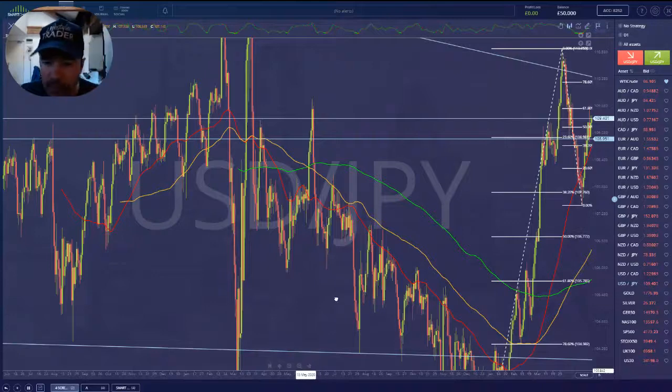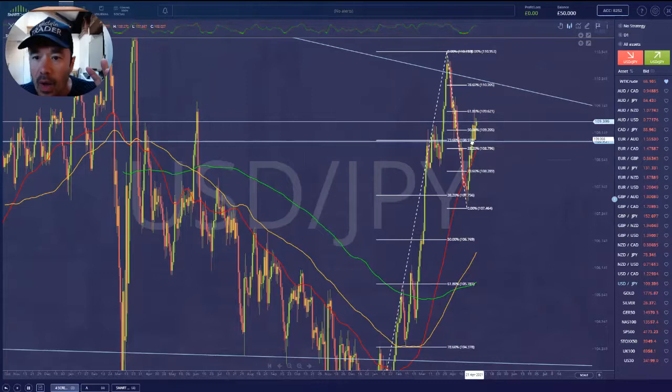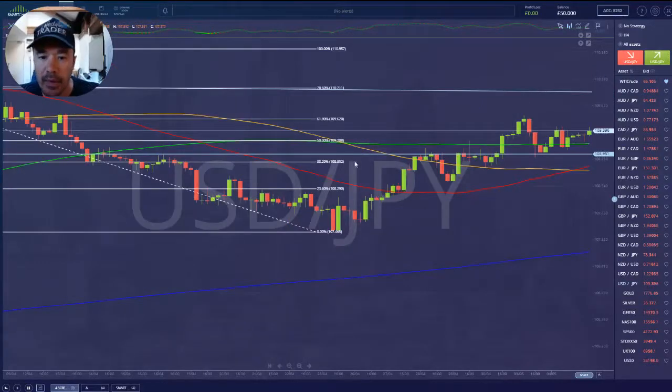Yeah, well, you can just see it from the fib levels. I don't want to dwell on this too long. The big fib level at the moment, I think it's probably easier to see on the 4-hour chart. If we reject 109.60, 109.80, we've got some support down at sort of 109.00,